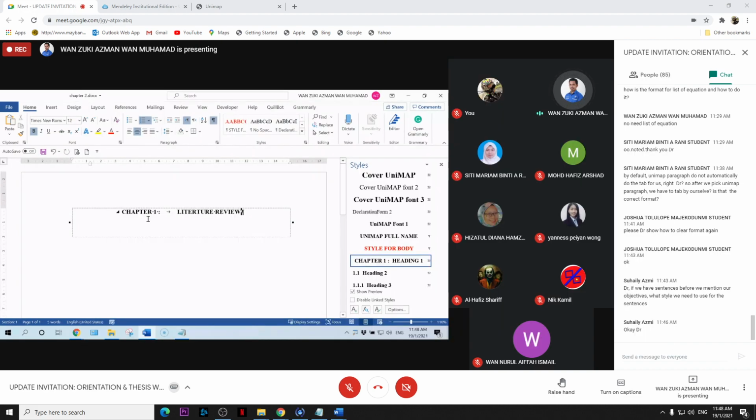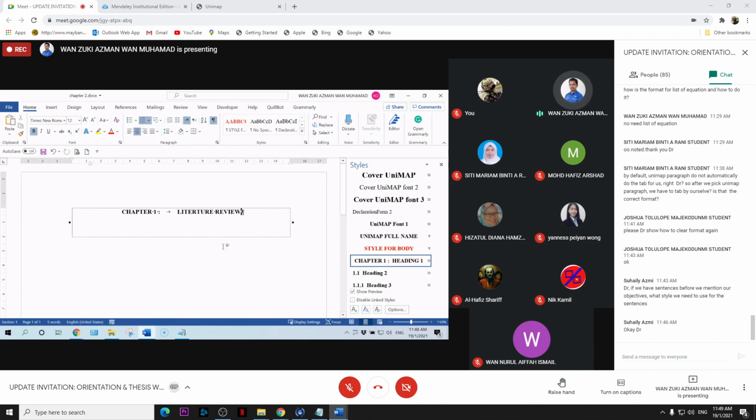Just maintain like this. Don't force this number to 2, because this is a new document. When it's a new document, the number starts with 1. If your number starts with 2, 3, 4, something is wrong with your Microsoft Word.